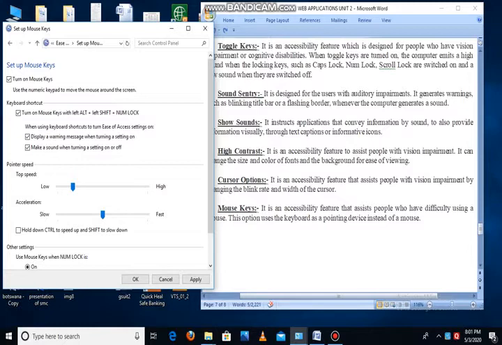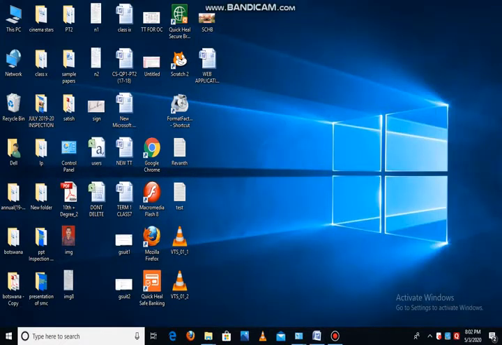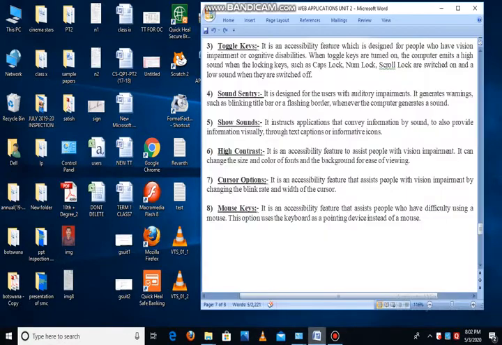Now I'm not using any mouse here. I'm clicking on apply here. Now see, to move the mouse around the screen, I'm just minimizing this. Now I'm using the numbers to move. Same like how it moves with the mouse, it is just moving by pressing the numbers only. So we can use this option for those people who have problems with the mouse. Again I come back to the mouse, I'm holding the mouse now.